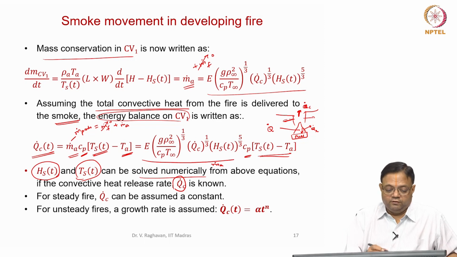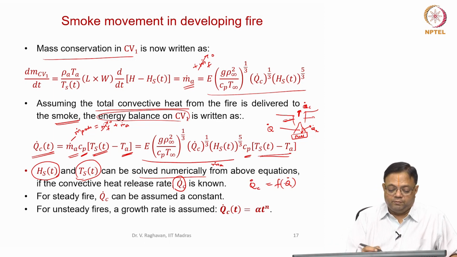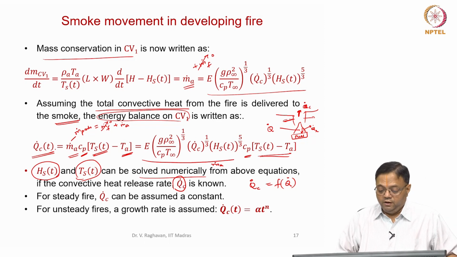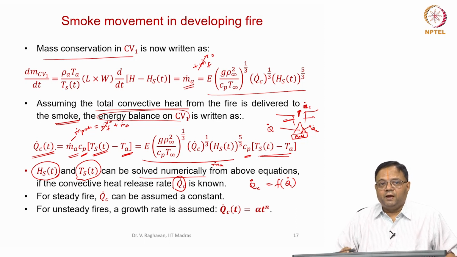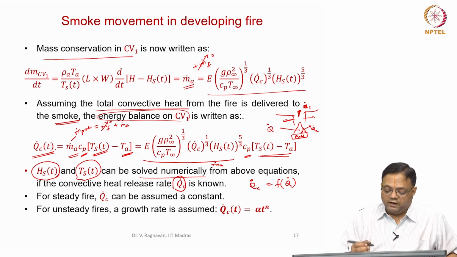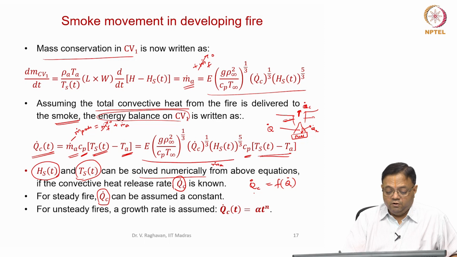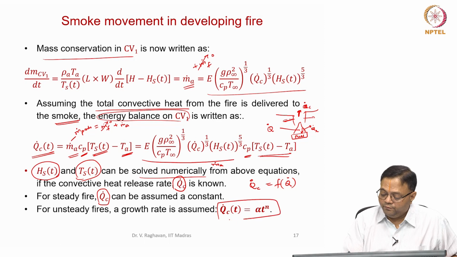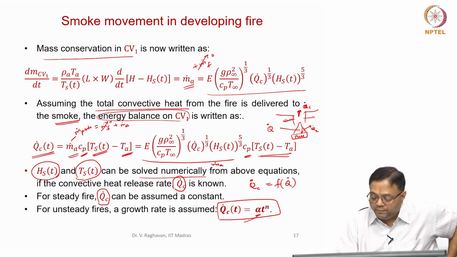heat flow rate. Q dot C should be known for me, but Q dot C is a function of Q dot, correct, and Q dot is a function of T. So that means Q dot C also is a function of T. Now we can do some approximation based upon how the fire grows. For a steady fire, no problem, Q dot itself is constant, so Q dot C will be a constant. For an unsteady fire, we can say that Q dot C will be alpha, some constant depending on materials,